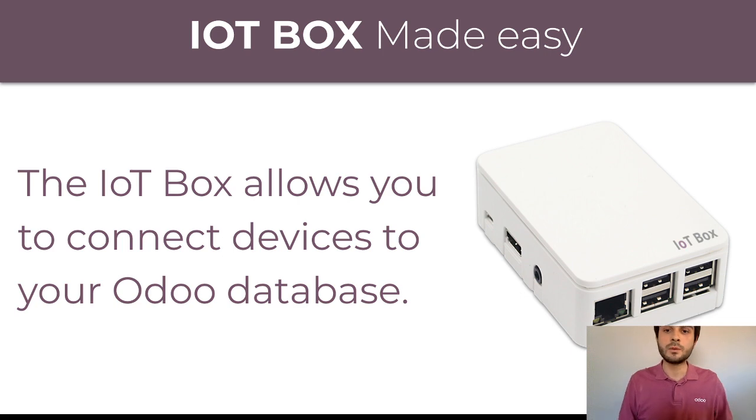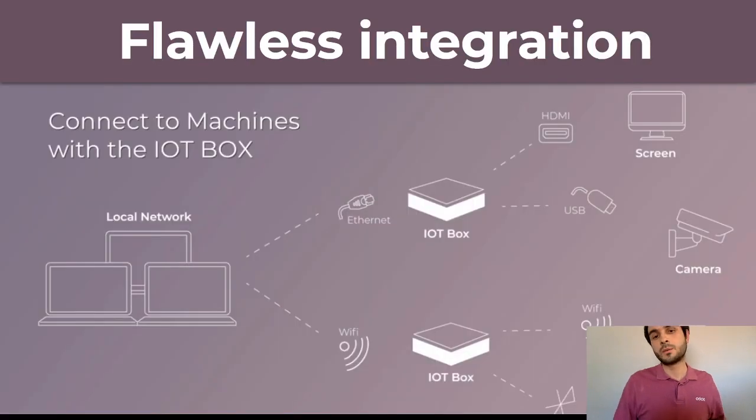The IoT box allows you, through an application that you can simply download onto your database, to connect a specific process with a machine. And the way it would allow you to do it on the shop floor level is with the hardware that you see over here. The hardware, this IoT box, comes automatically with your purchase of the Odoo subscription, and allows you, as we show you here on this graph, to connect screens, cameras, printers